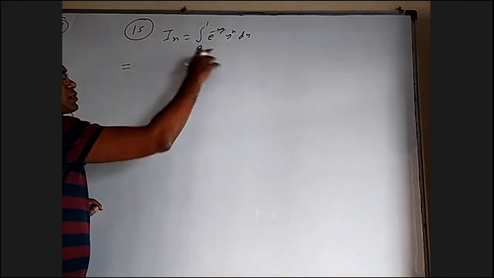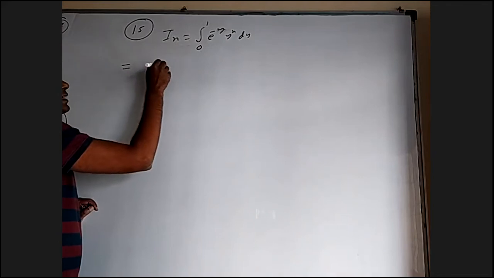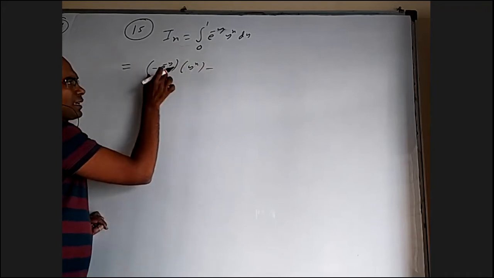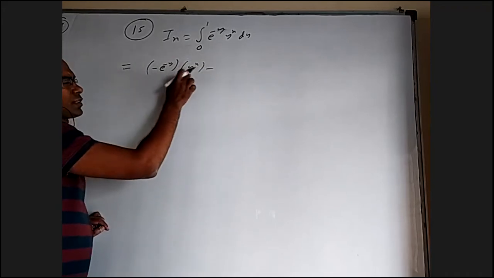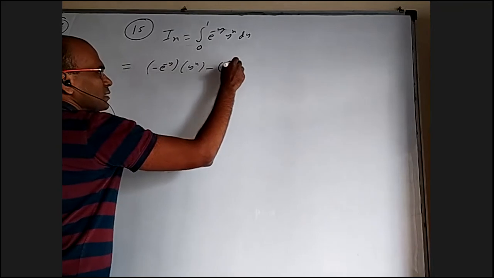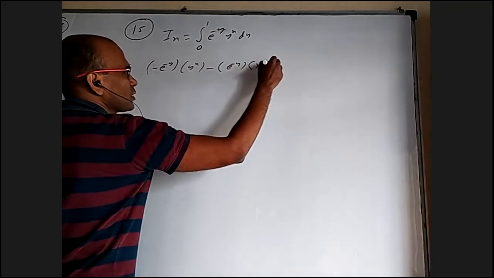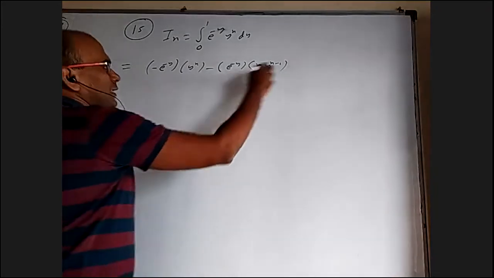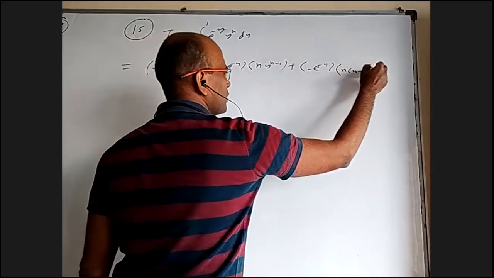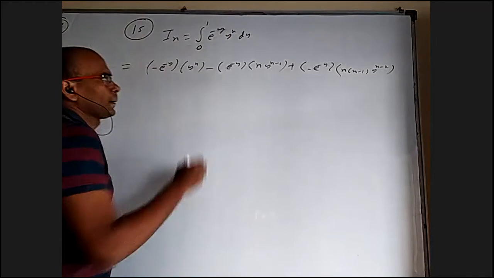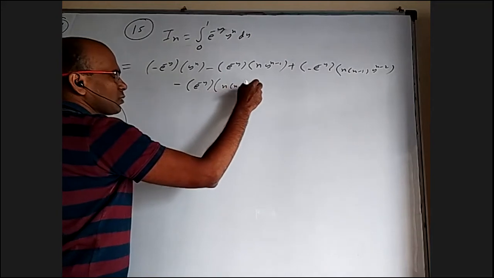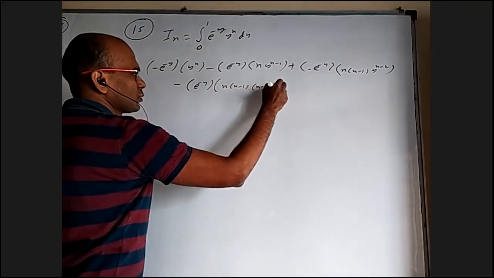First, I need to decide which one I want to integrate. So I want to integrate this, which is minus e power minus y. This I'll keep as it is. What I kept integrated, I should keep on integrating, and what I did not change, I should keep on differentiating, and alternate plus minus. So later on the integral of this is plus e power minus y, and the derivative of this is n into y power n minus 1. Next, plus integral of this is minus e power minus y, and derivative of this is n into n minus 1 into y power n minus 2. Next, minus plus e power minus y into n into n minus 1 into n minus 2 into y power n minus 3.